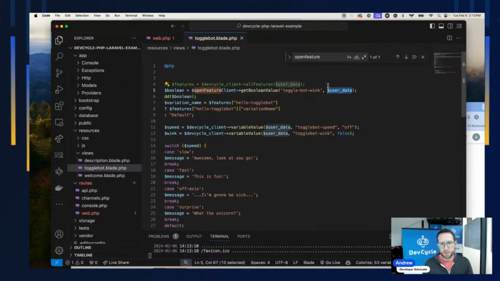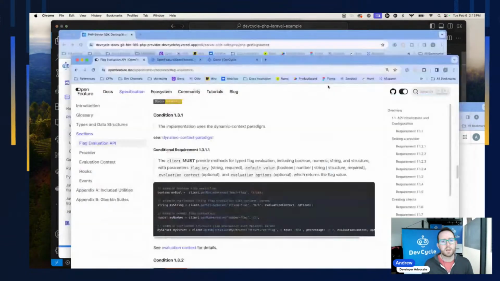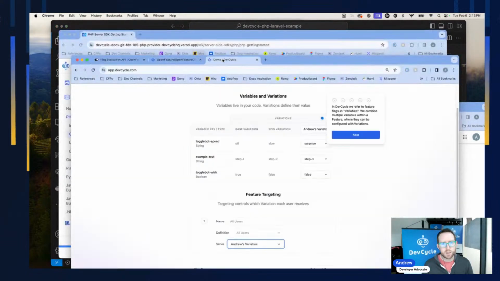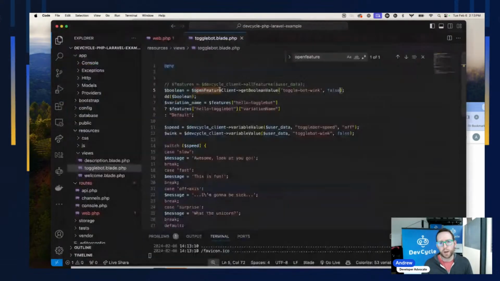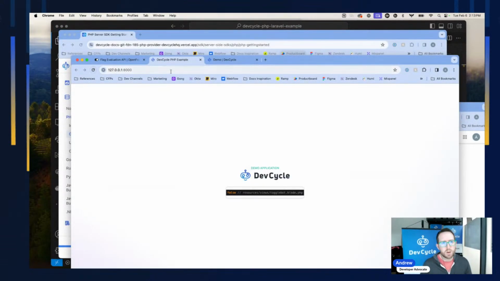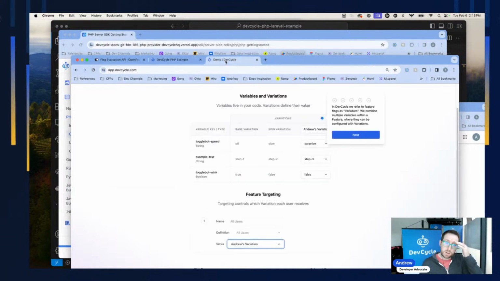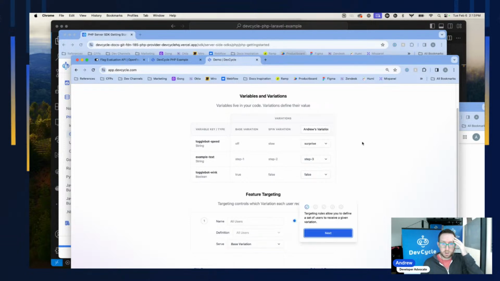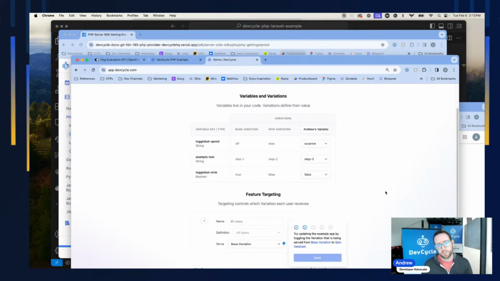Yeah, it's definitely pulling some things there, false. And I feel like it's not actually togglebot wink. Okay. Okay, that's good. I mean, that's just returning the default value, so it doesn't mean anything. But if I change this to base variation, it should